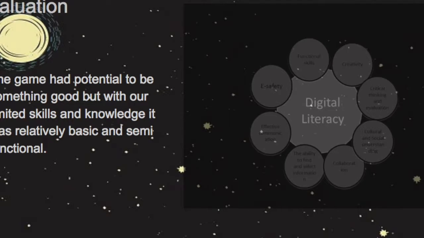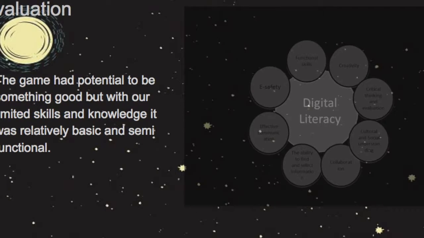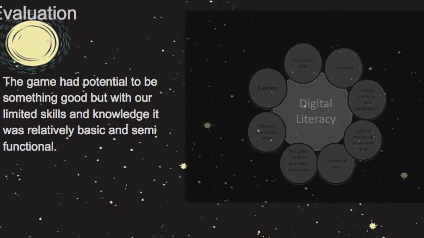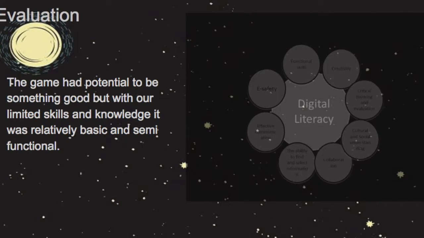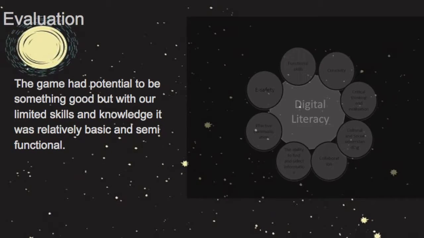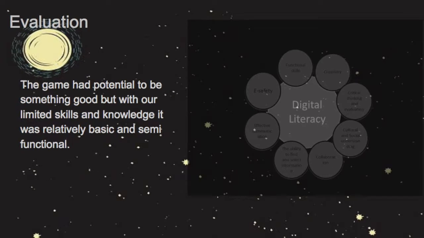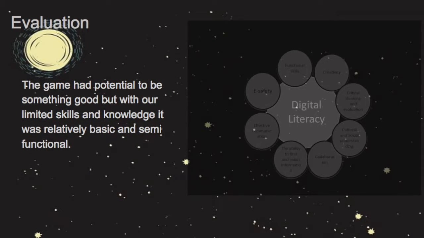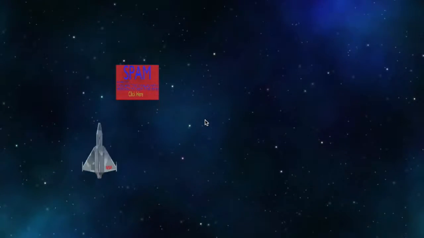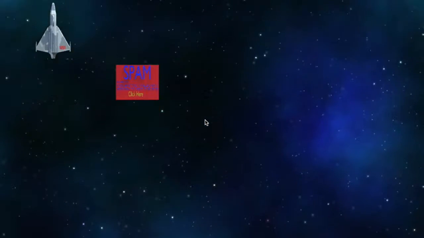Our game, Spamaga, is a top-down space shooter. It is similar to games like Space Invaders or Galaga, and we have 2 iterations of this game. One consists of a ship, enemies, and the whole nine yards that make a game fully functional, except the ship has a chronic condition of flying at a 90-degree angle. And the other game, which is far less impressive, but I will show you now, only contains a ship that can fly properly, and a static red box which acts as the enemy for the game.